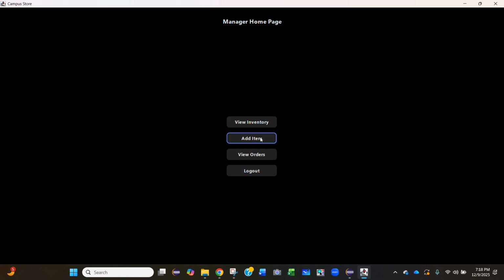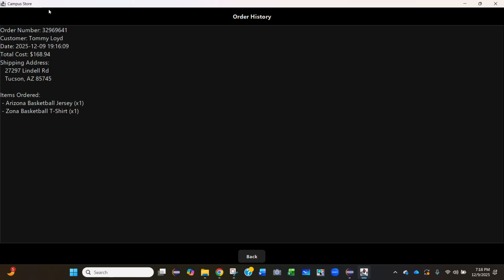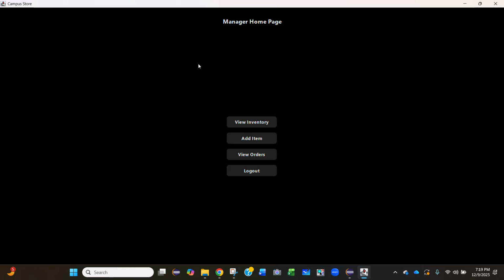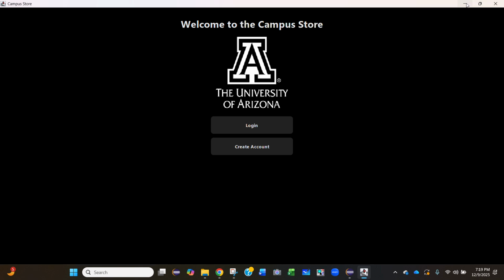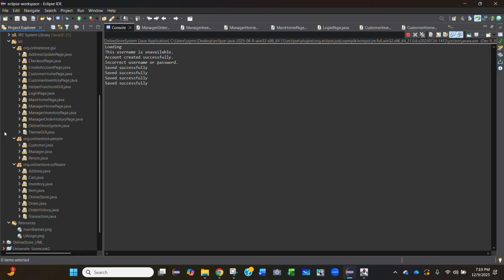If we go back out, the last manager use case is viewing orders. So we see that we have a record of the order we completed earlier as a customer, and it has all the applicable order information: the order number, customer, the date and time, as well as the cost and shipping address and the rest of the order summary. So that concludes all the use cases for the online store application. If we go back out to Java here, we can view some of the different classes that